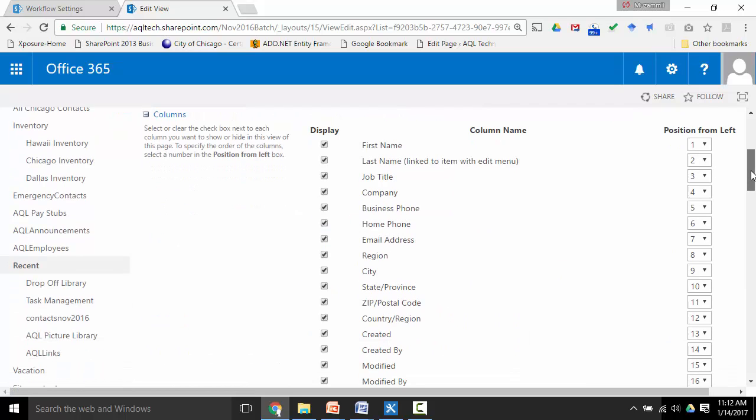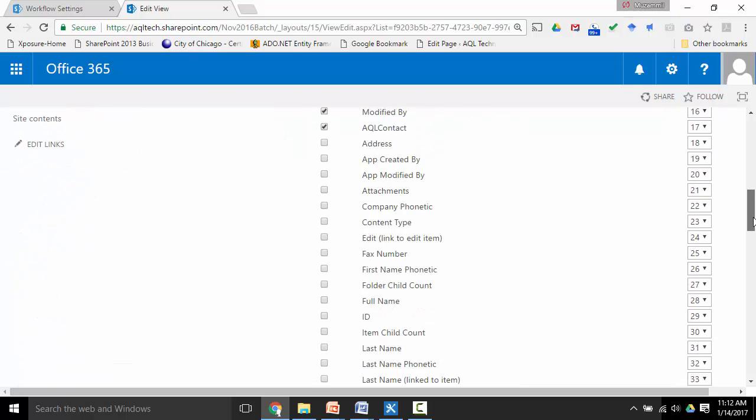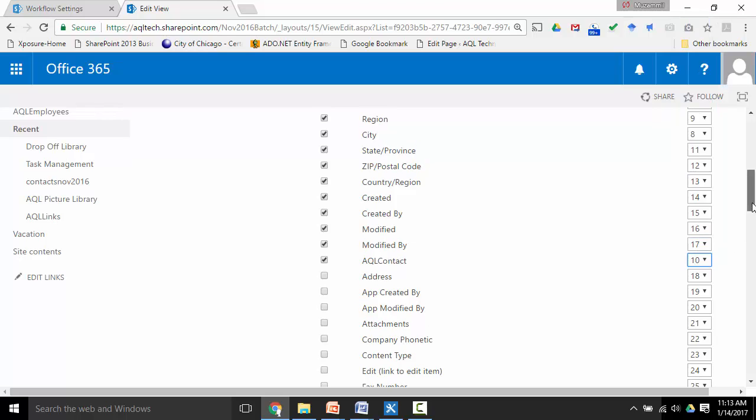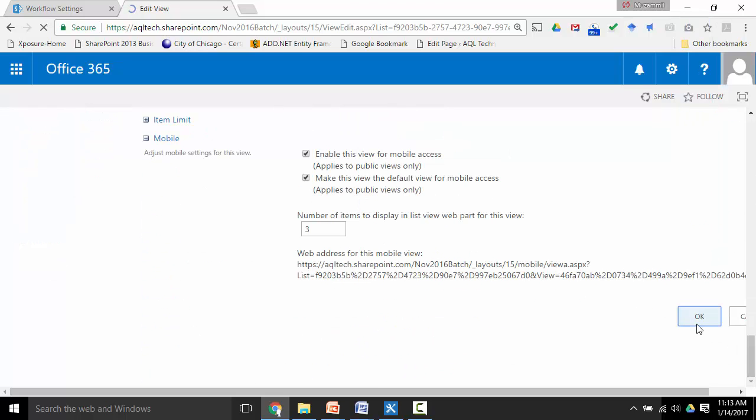Might be right after, so I have region and then I have city. Hold on one second. So city, right? So I want to make this 9. Okay, and then I want to scroll down, and then 9. This is 10, might be. Okay, scroll down, hit OK,